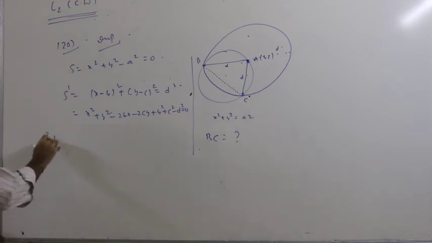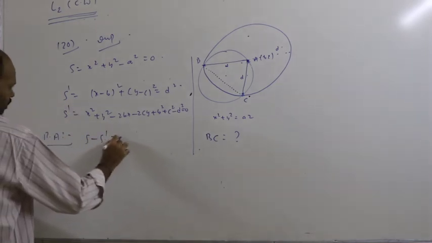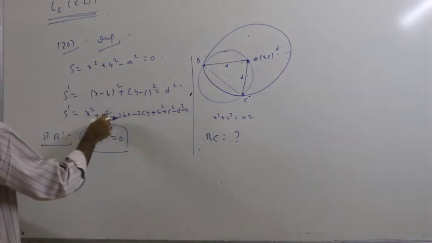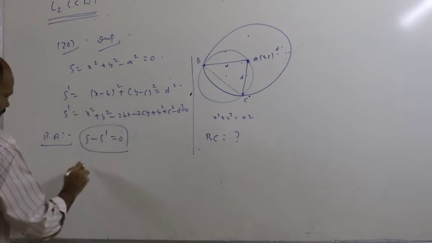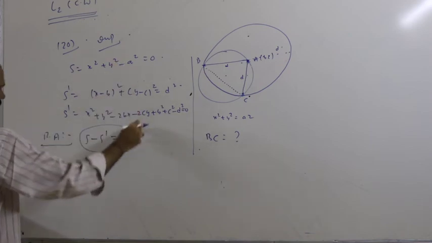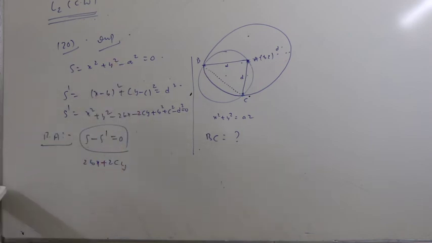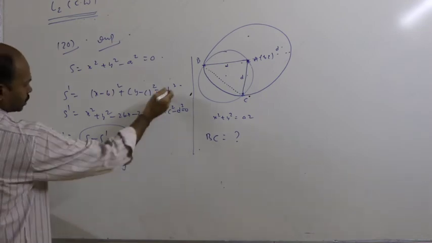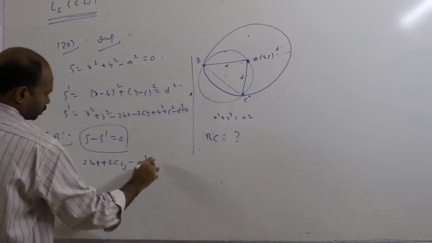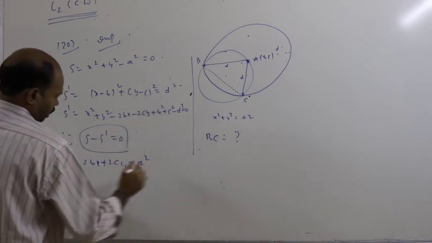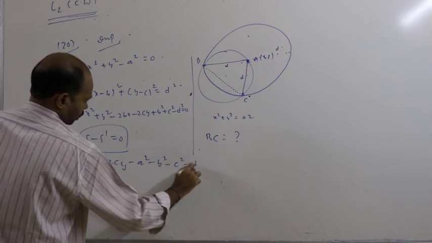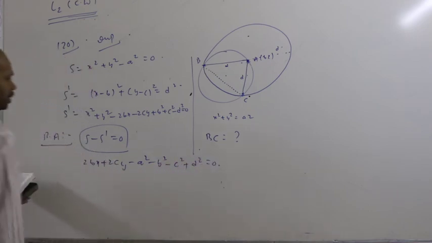Now write the radical axis, we need that particular. What is the radical axis? S minus S dash. x square, y square cancel. What is the remaining? 0 minus of minus 2bx, 0 minus of minus 2cy, that is 2bx plus 2cy. What is the right hand side? This is minus a square, minus of this, minus b square, minus c square, minus d square, minus plus.